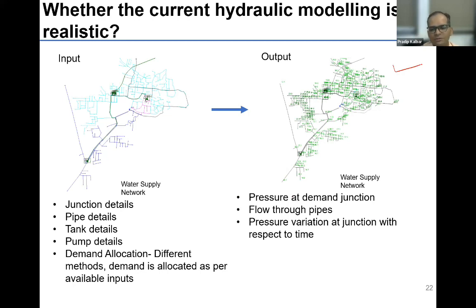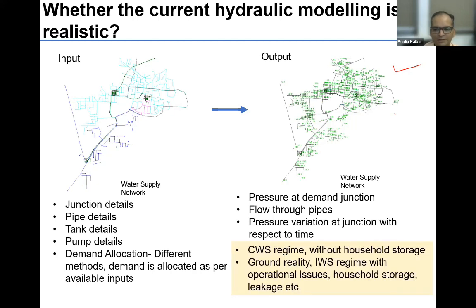Anyone who can do a simple computer simulation can do this. Add as much required water in the tank level, assume that people are closing the taps, demands are satisfied and all that. That is not what is going to happen in reality. So this is the prevailing demand driven modeling approach. That is one of the hydraulic modeling approaches, and basically all the DPRs are prepared using the demand driven modeling approach. But when they are implemented, there is pressure dependent behavior.